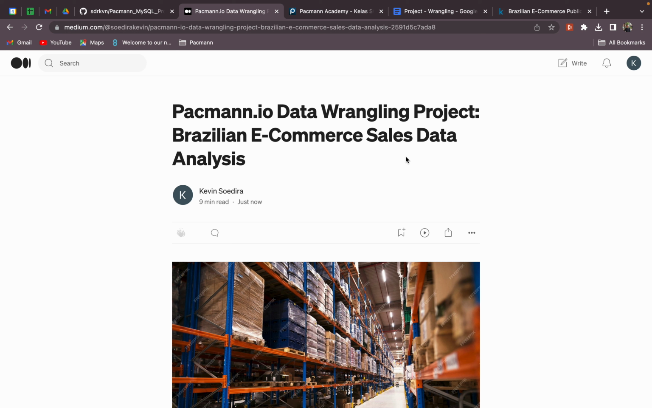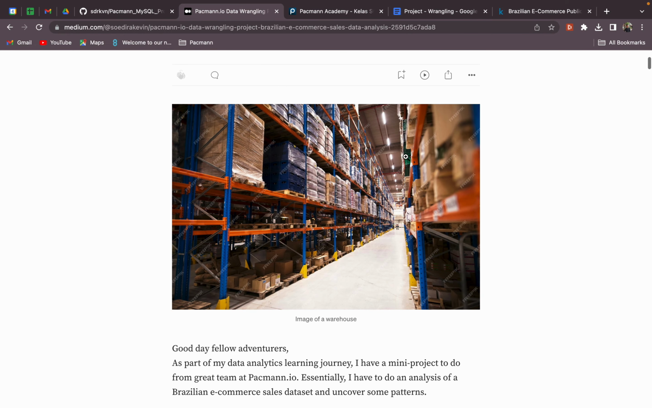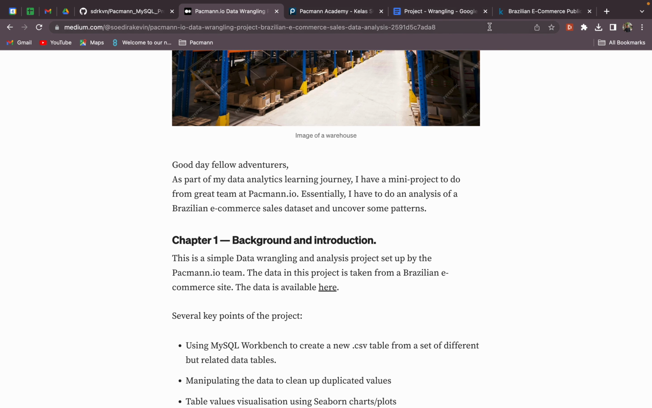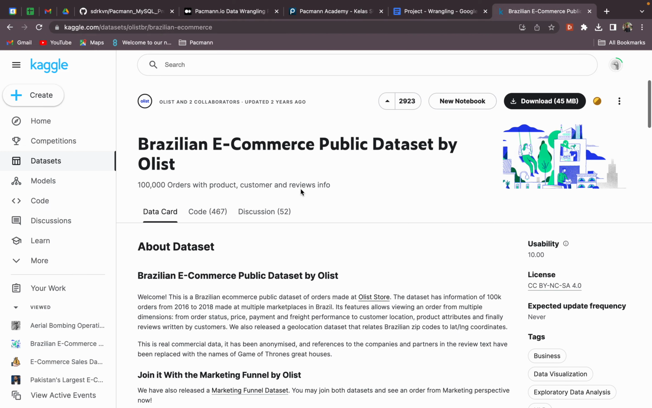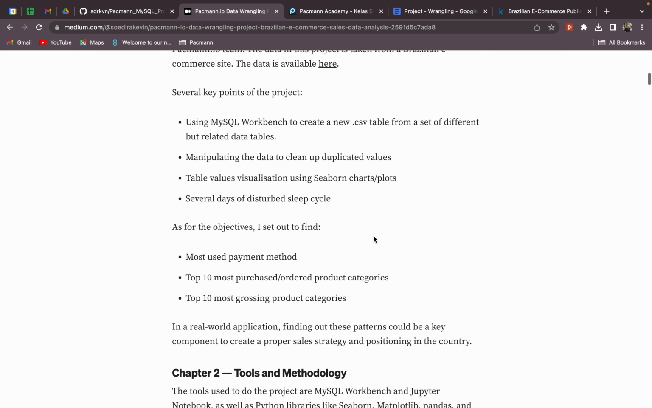Just gonna walk you through the Data Wrangling and MySQL final project, which is the Brazilian e-commerce sales data analysis. The data is taken from Olist. It's data from a Brazilian e-commerce site in the year 2017, I think. I'm going to use this data to do an analysis of the following objectives: the most used payment method, the top 10 most purchased product categories, and the top 10 most grossing product